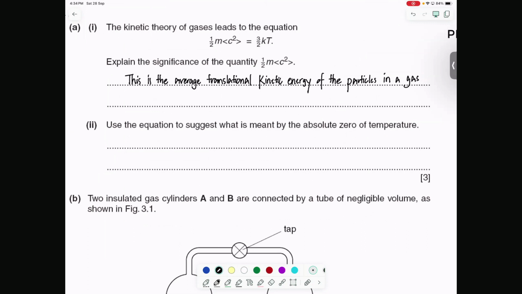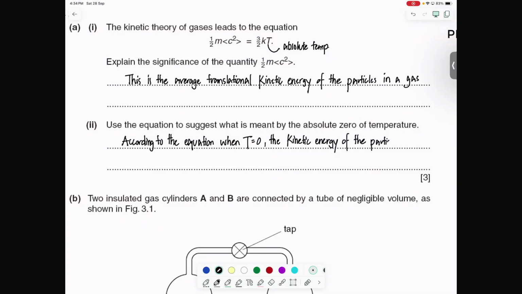Use the equation to suggest what is meant by absolute zero of temperature. So absolute zero is when temperature is zero, right? But what does that mean? Yeah, exactly. Okay, so according to the equation, when T equals zero, by the way, the T here is always going to be in what scale? Yeah, absolute temperature. There is really no place in your syllabus for degrees Celsius, so you can always convert to Kelvin safely. Okay, according to the equation, when T equals zero, the kinetic energy of the particles